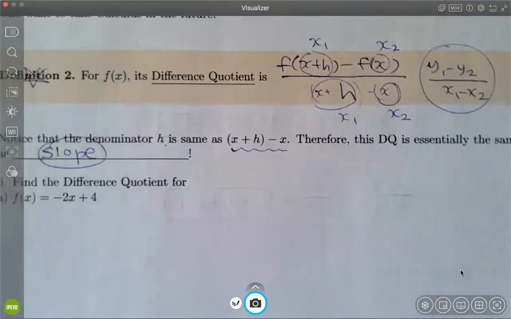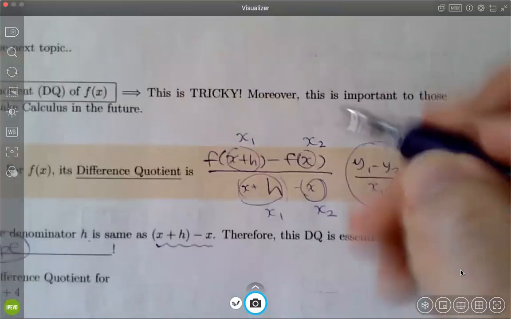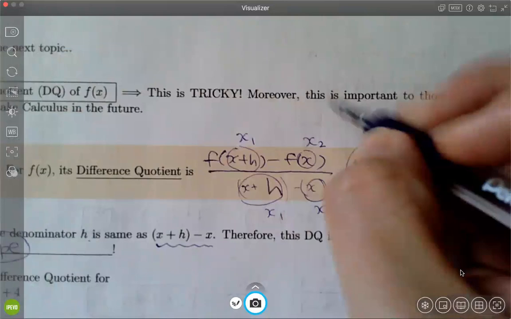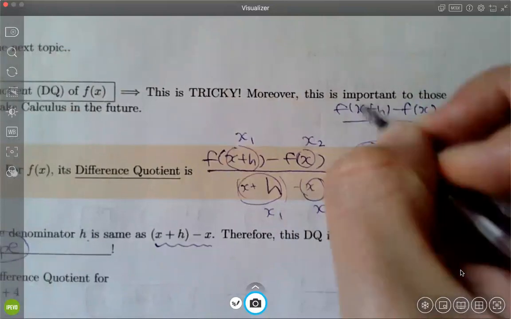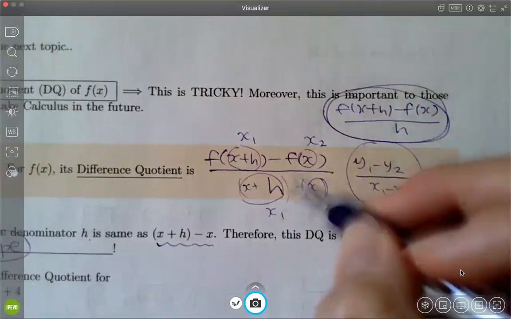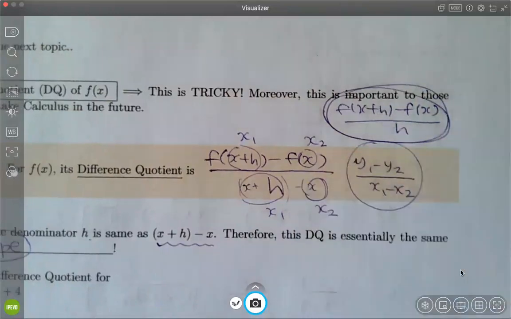Okay, so the difference quotient is the same thing as the slope, but the real difference quotient is kind of messy. Once again, f of x plus h minus f of x, all over h. Okay, it's this one, not this. Okay, so now